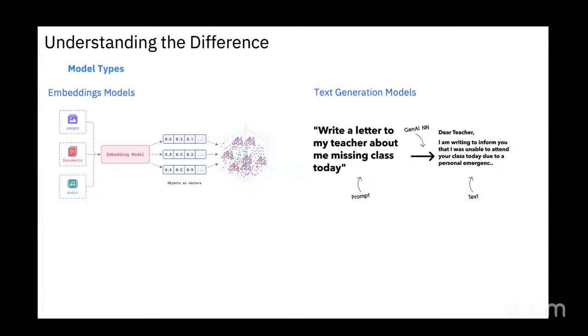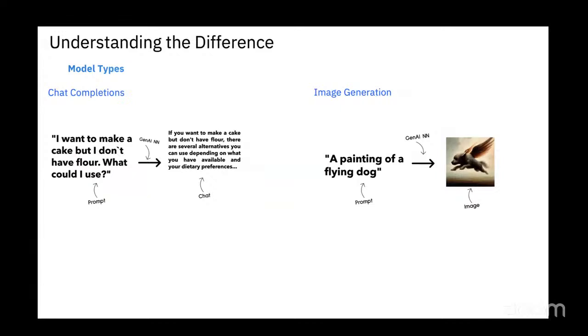The other class of models are text generation models, where you give a prompt to the model and ask it to do something. For instance, here I ask the model to write a leave of absence letter. It generates a leave letter based on the data it has seen. The next class of models would be something like a completion model. I can give it an incomplete sentence and ask it to complete it. That would become some sort of a chat, like what we looked at in one of the applications, right?